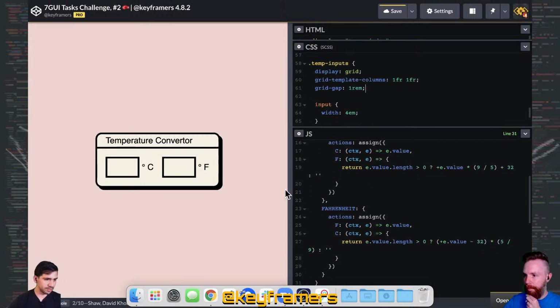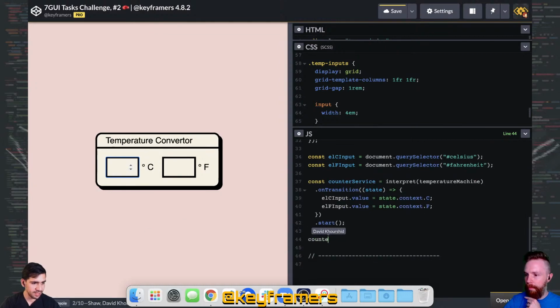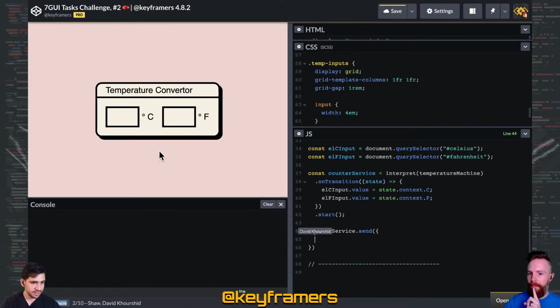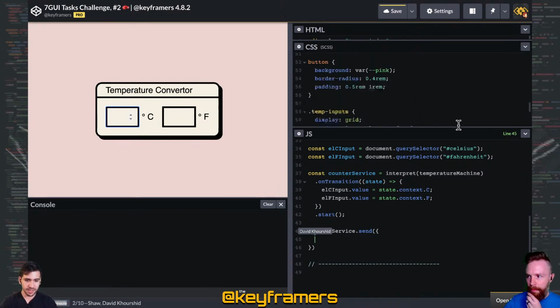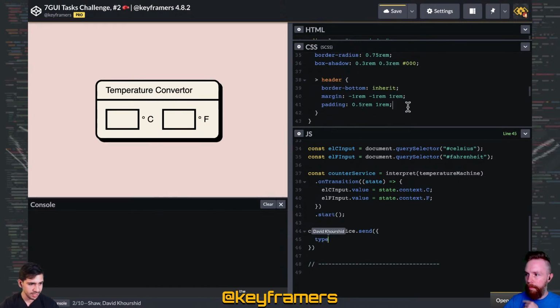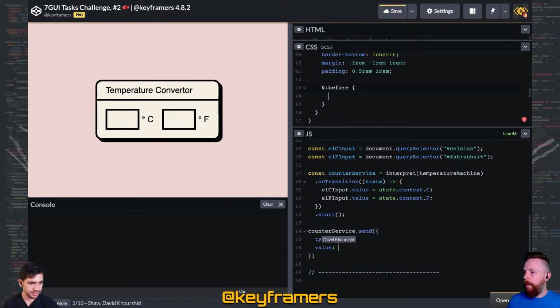Okay, cool. So now all we have to do is add event listeners. I mean, we could test it. And so this is something that I do want to highlight. If I say counter service dot send, and this gets into a more full representation of what XState actually is for, we could send event objects, just like you could do in Redux or related libraries. So I could say type F and give me a temperature. How about 12? Okay, so if I send that,